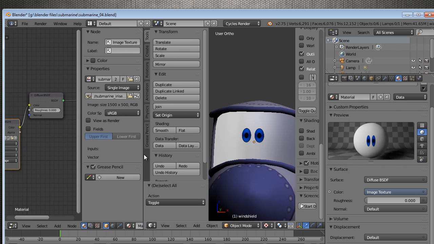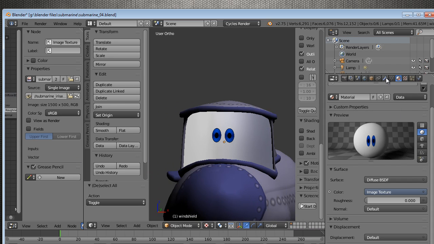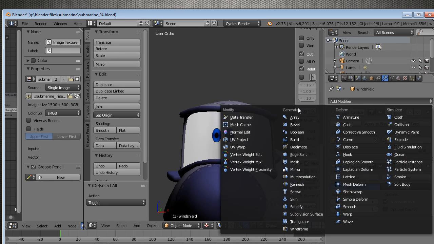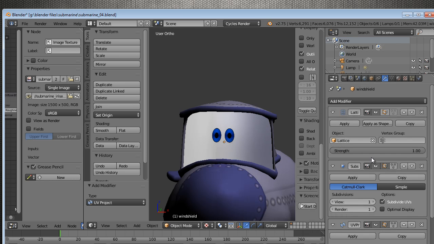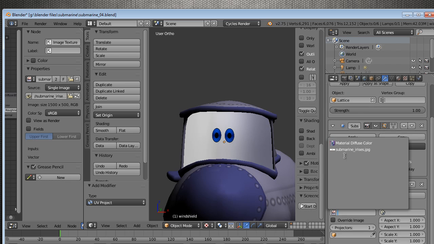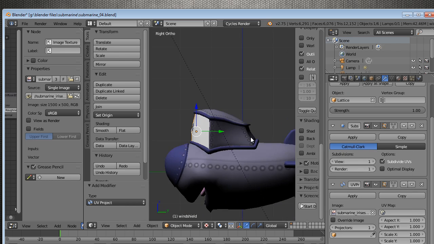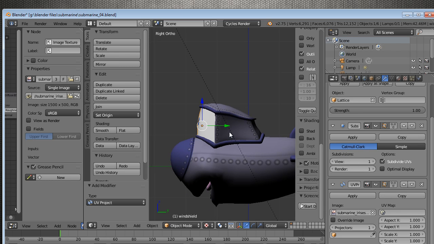that with what's called the UV Projection Modifier. So we'll go to our modifiers and add in under Modify UV Project. Okay, and we're going to choose the submarine irises. And we don't have anything projecting right now, so let's put an empty in here. Let's put our Shift S cursor to selected, so we've got our 3D cursor right there in front of the